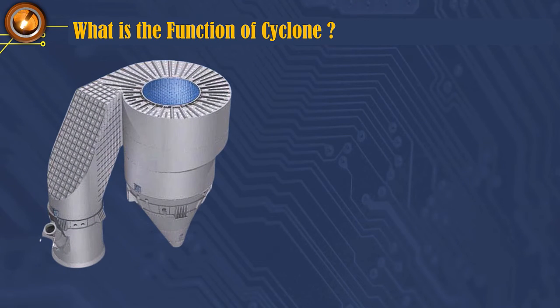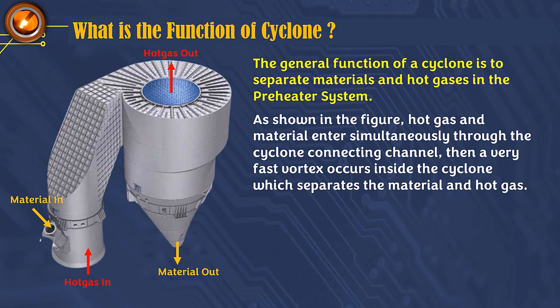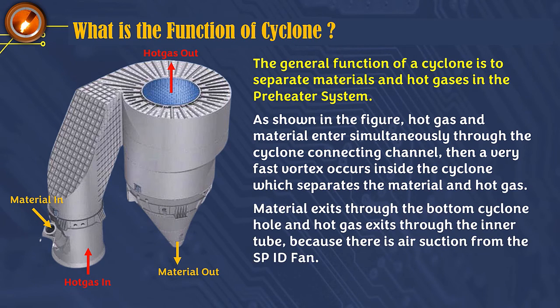What is the function of cyclone? The general function of a cyclone is to separate materials and hot gases in the preheater system. As shown in the figure, hot gas and material enter simultaneously through the cyclone connecting channel. Then a very fast vortex occurs inside the cyclone which separates the material and hot gas. Material exits through the bottom cyclone hole and hot gas exits through the inner tube, because there is air suction